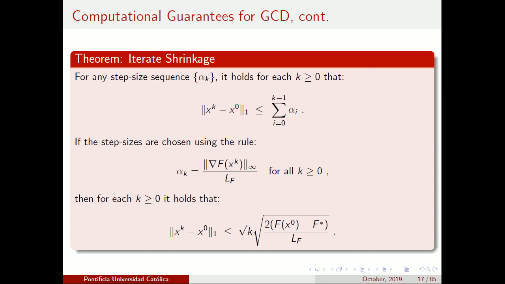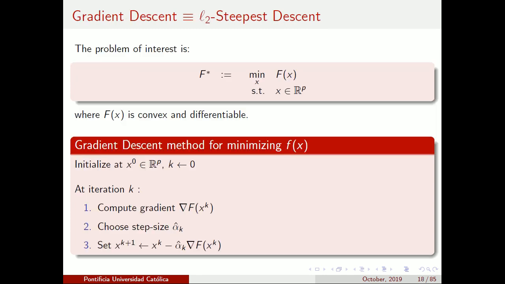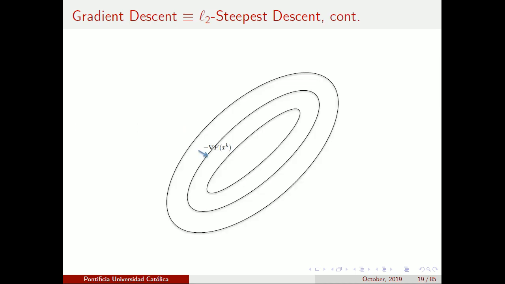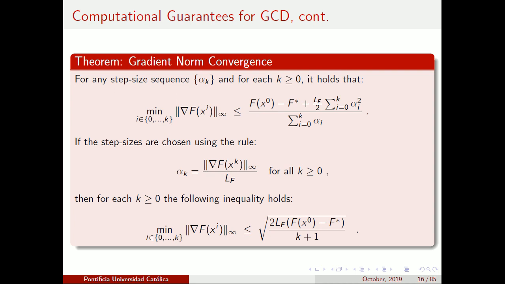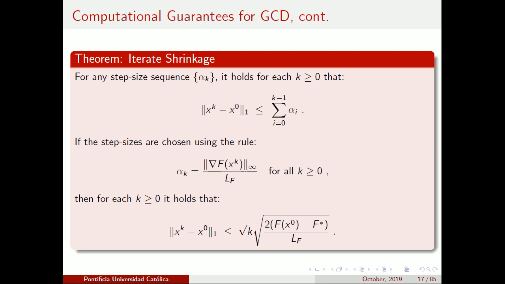And we can go even more. I could also say, again, if I set my step sizes here, I just changed slides on you. Sorry, hold on. Right, so this was the bound on the gradients. Now I'm going to go to the next slide. It also says, in fact, for each k, its distance from the initial point is going to grow only at the rate square root of k. And you might think, well, who cares about this? Statisticians are going to care very deeply about this because they want their models to be well regularized, which means that the coefficients of the models themselves don't want to be too big. And we'll get to this in a bit.